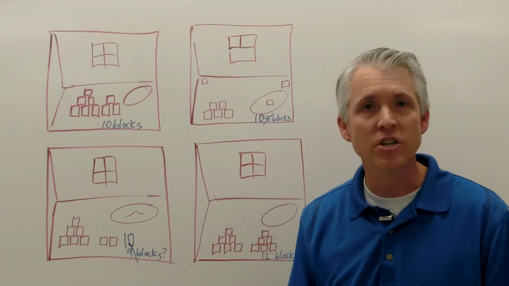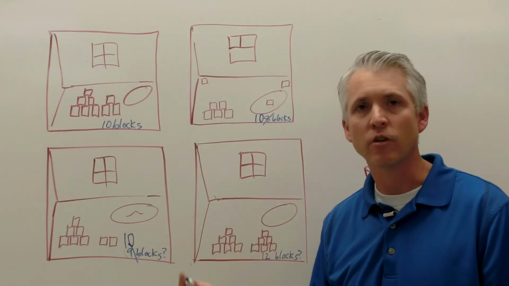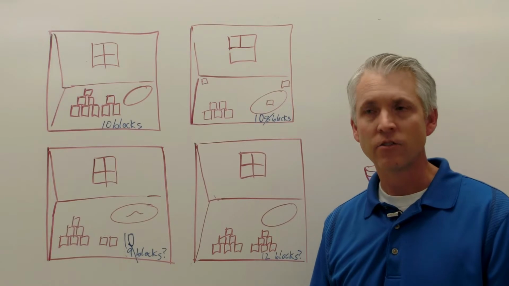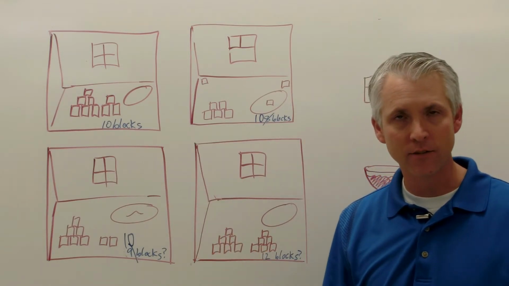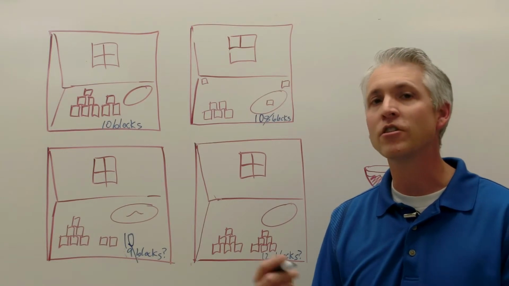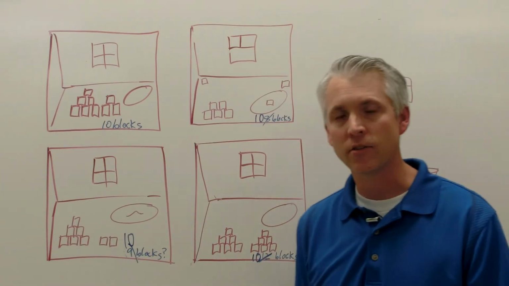The next time she checks on him, there's 12 blocks. Now she knows he didn't have 12 blocks to start with. So she gets thinking about it and realizes his friend came over. She inspects the blocks and realizes that 2 of them look different. And so they were his friends', and we're back to 10 blocks again.